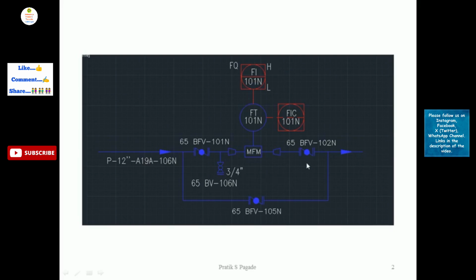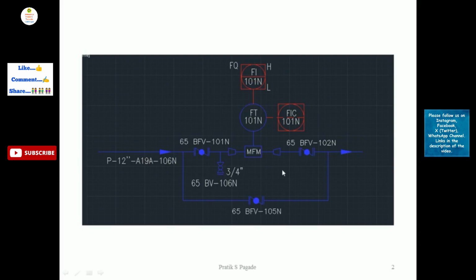Okay, so here as you can see, this is the process pipeline flowing from left hand side to the right hand side. Okay, and this is the MFM symbol as you can see here, and left hand side is the downstream of the MFM and right hand side is the upstream of the MFM. Okay, so here this is the 12-inch line size, and here this is the MFM. These are two reducers, and here it is the